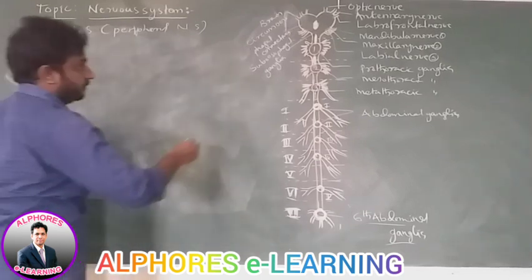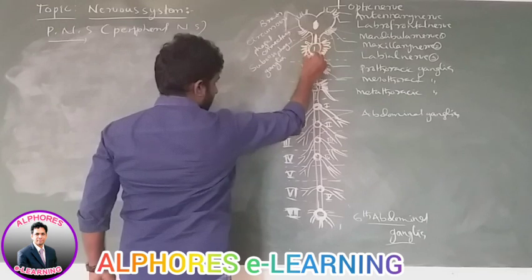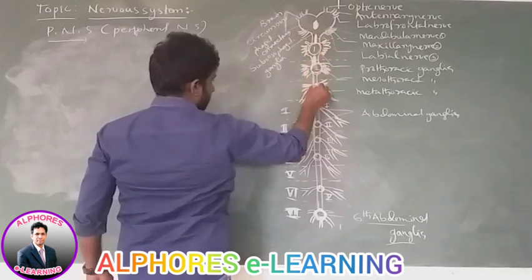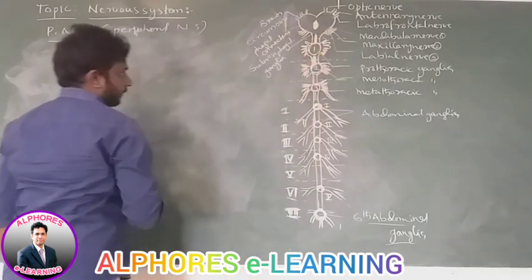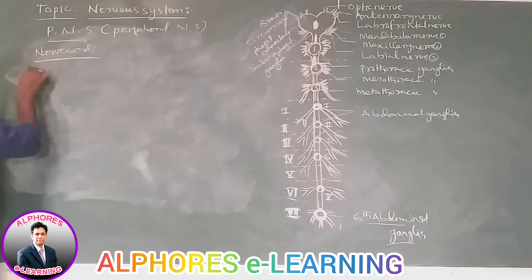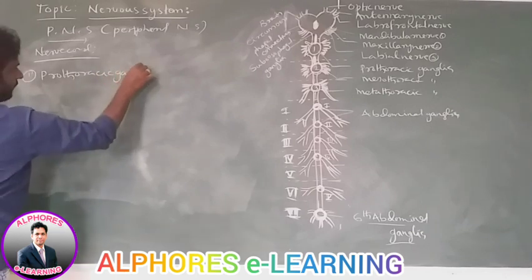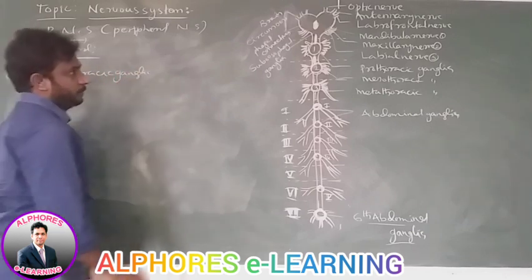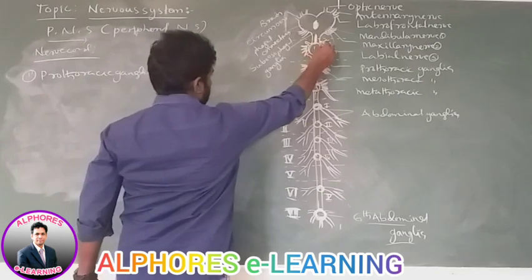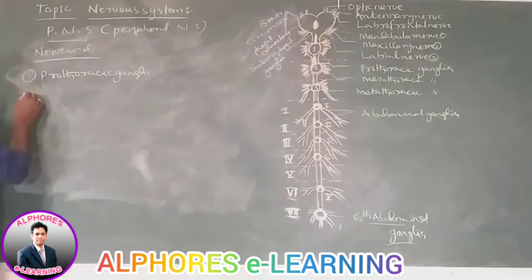Which are arising from the ganglia. Here, how many ganglia are present? Prothoracic ganglia, mesothoracic, metathoracic ganglia. Okay, from the prothoracic ganglia, nerve cord, from the nerve cord. First one, prothoracic ganglia. So this prothoracic ganglia gives nerves to not only prothoracic,